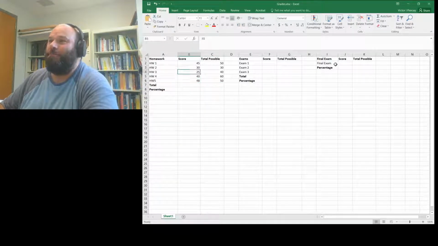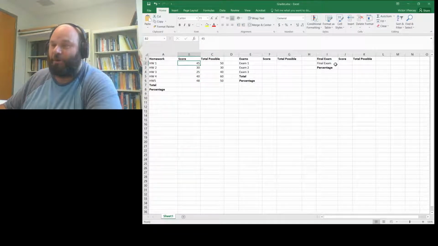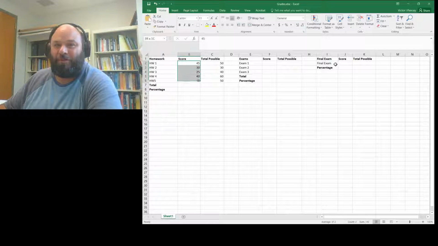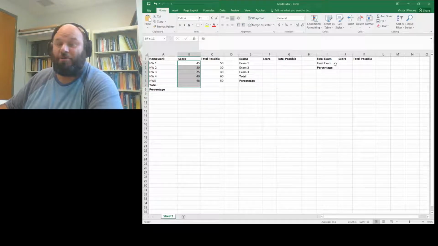So that's our homework. Let's total up our score. We'll use AutoSum. So remember to use AutoSum. You highlight everything you want to add, as well as the cell in which you want the sum deposited. AutoSum can be found in the Home ribbon up in the upper right with the Greek letter sigma, which stands for sum. We got 188 points